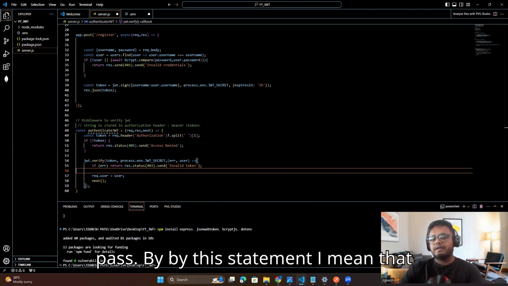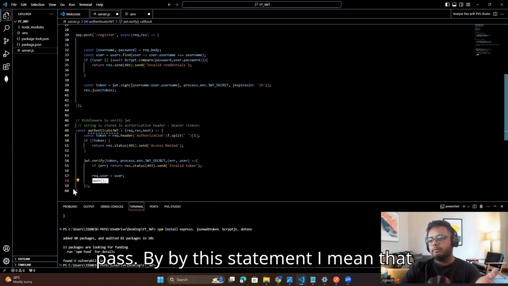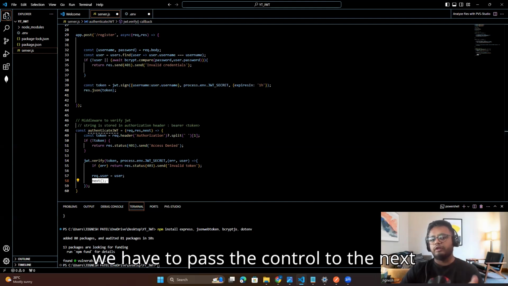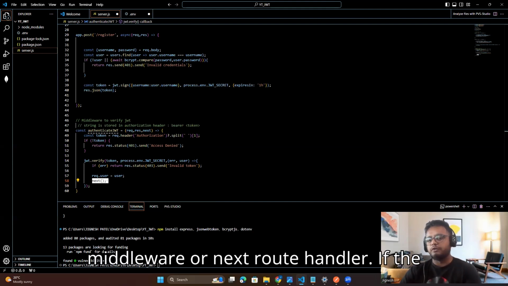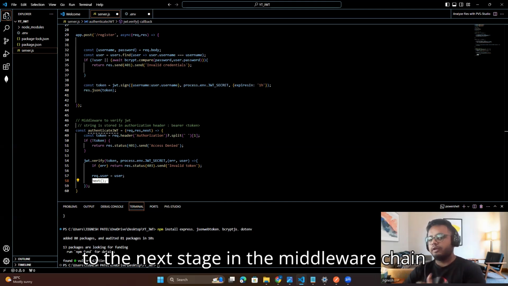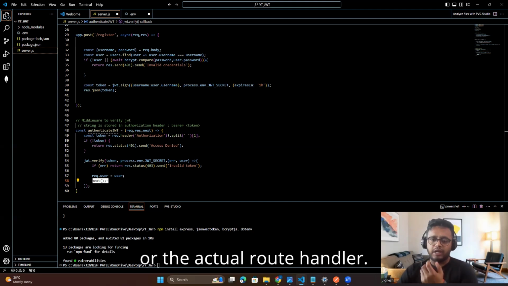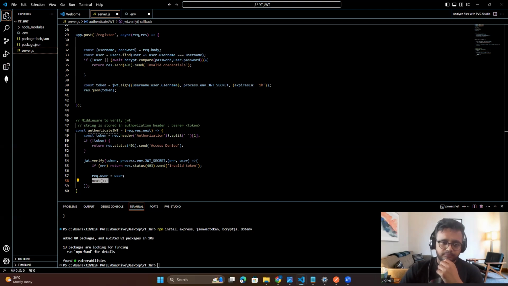So now we have to pass the control to the next middleware or next route handler. If the token is valid, the request proceeds to the next stage in the middleware chain or the actual route handler. Okay,